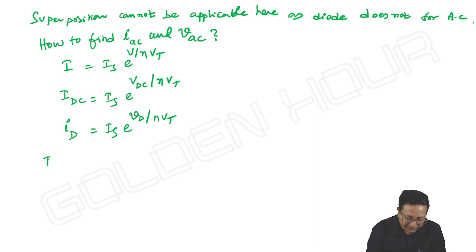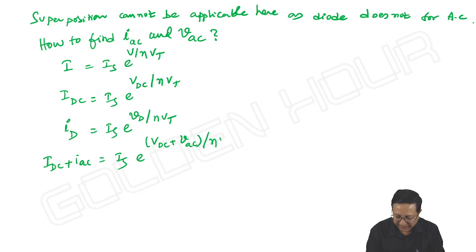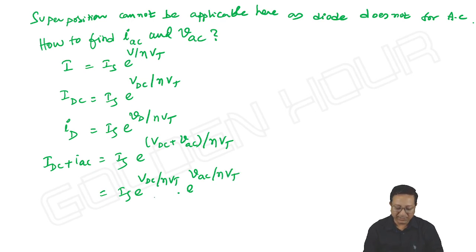Where ID is equal to IDC plus IAC, it is equal to Is into e power (VDC plus VAC) by eta Vt. It is further written like Is into e power VDC by eta Vt into e power VAC by eta Vt. Then what about Is into e power VDC by eta Vt? It is just nothing but IDC into e power VAC by eta Vt. We can write. Further,